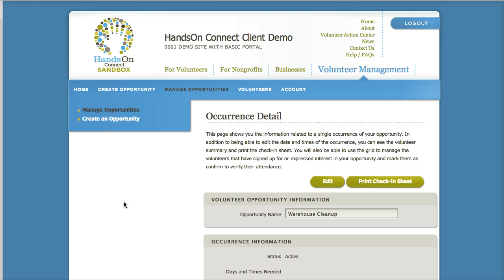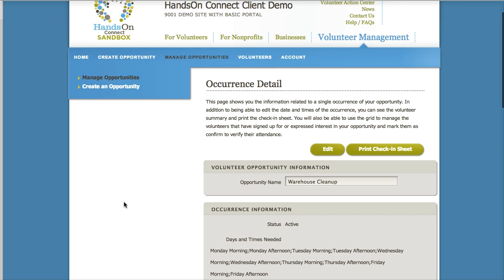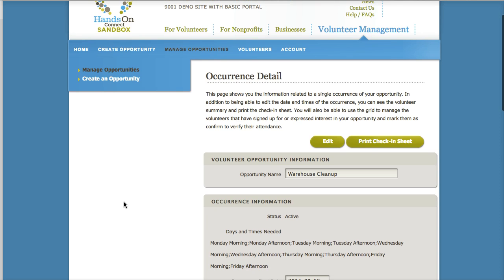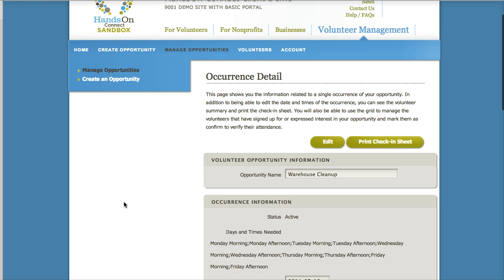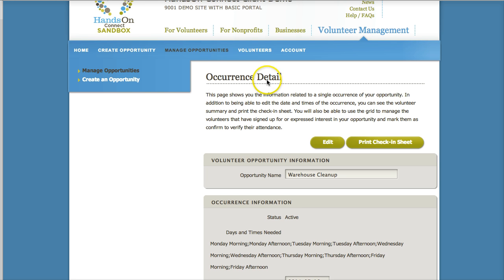But if you make the registration type express interest, which is the option for a to be scheduled opportunity where you're scheduling different volunteers at different times, you'll get an email letting you know whenever a volunteer has expressed interest and telling you that you need to go in and confirm and possibly schedule the volunteer for when they're going to come. So when you click on the link in that email, it will take you to the occurrence record,